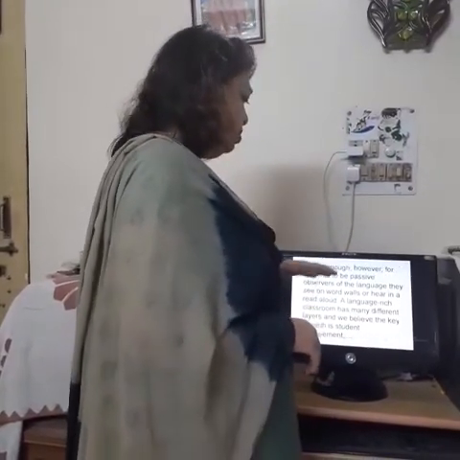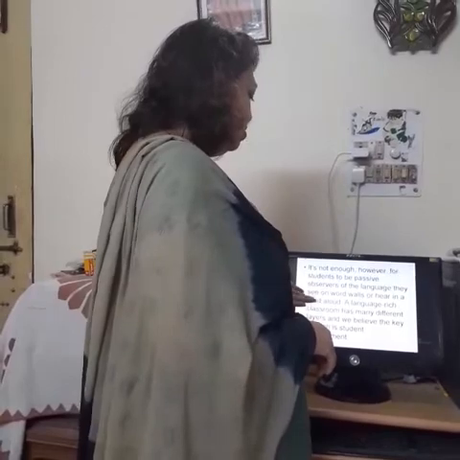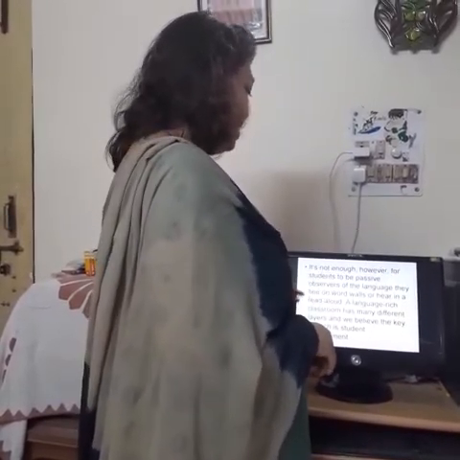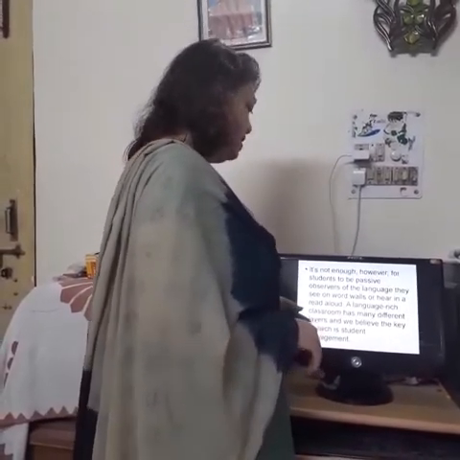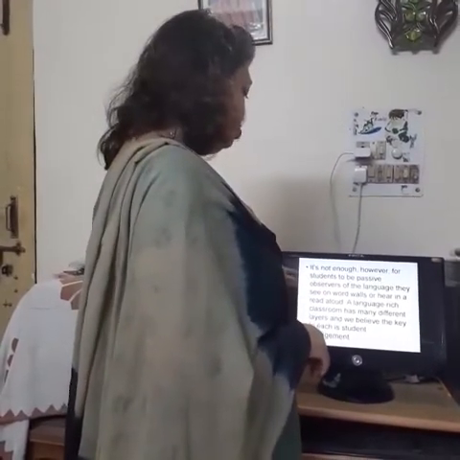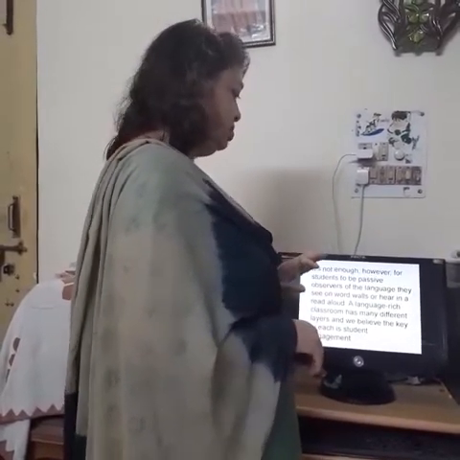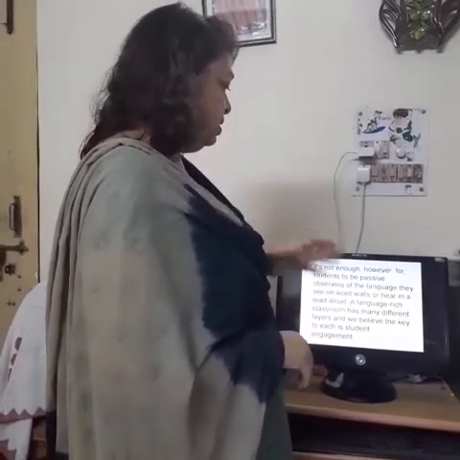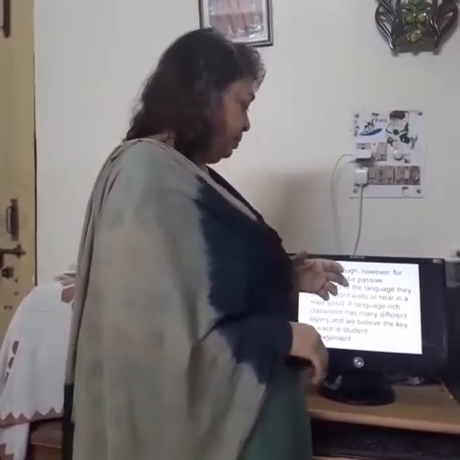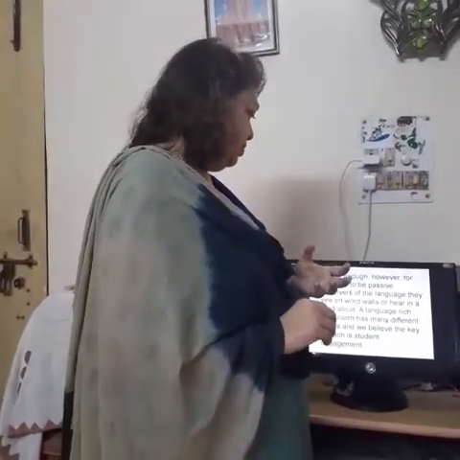We always see what was written or hear in a read aloud. The language rich classroom has many different layers, and we believe the key to each is student engagement. When we say language rich classroom, in many different ways we see that the children are speaking to each other in proper language. Their meanings are proper, their language is good, they have a lot of vocabulary, and they have nice engagement.